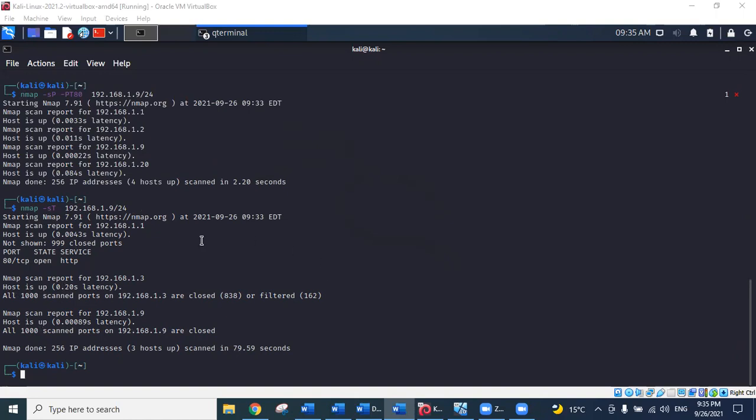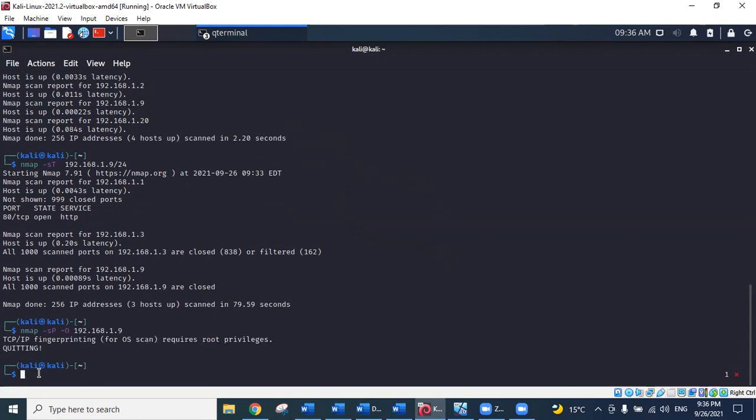So these are the main commands which we can use for using Nmap to scan different systems. We may do another check. So that is nmap -sP, so we do a TCP ping. We do -O, which is to check the operating system, 192.168.1.9. And